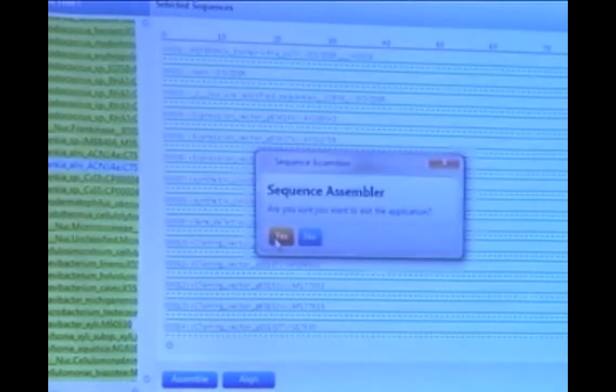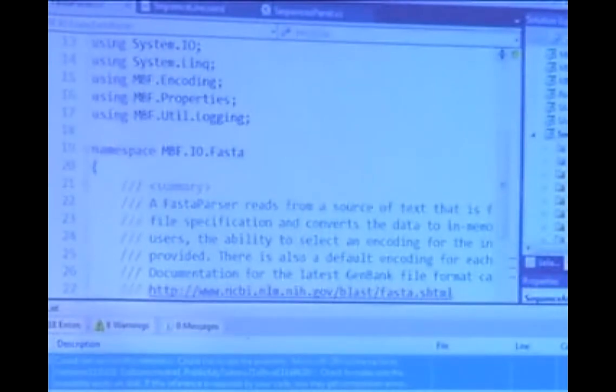It'll load it in, and then it gives us all the sequences here on the left that we can work with. And then it gives you the data itself here on the right. You can zoom in and out. They have a little transform that gets applied here to zoom the screen so you can see the data itself. And you can assemble and align it. You can even run BLAST against it if you're interested. All those things can be done right here inside the sequence assembler. Let's exit. And full source code is supplied.